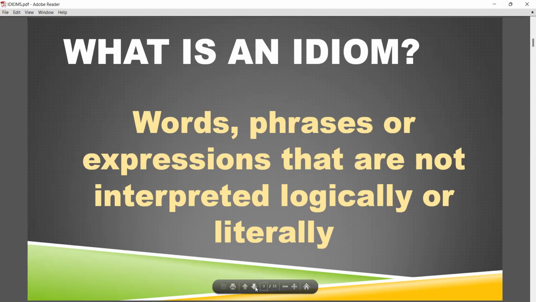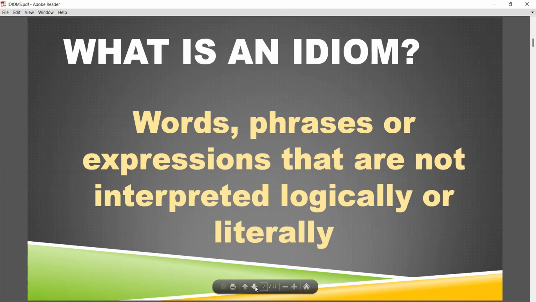An idiom is a word or a phrase or an expression that is not interpreted logically or literally. In Hindi you have muhavare and lokoktiyan, na? Similarly, in English, they are termed idioms and phrases. These are words, phrases, and expressions that are not interpreted logically. That is, you don't read them word by word and take them by logic, I mean line for line and word for word.